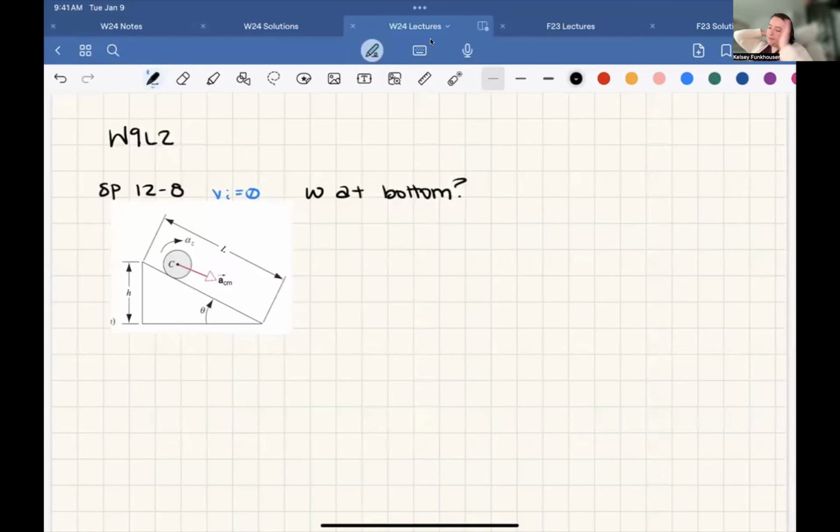Okay. And one thing to note with this, the initial velocity, we're assuming it starts from rest. So the energy of our system, the total mechanical energy, is the kinetic plus the potential. And energy is conserved, so the final equals initial. Initial energy is the initial kinetic plus the initial potential. But I just said the initial velocity is 0, so there's no initial kinetic. And then the initial potential is just mgh,